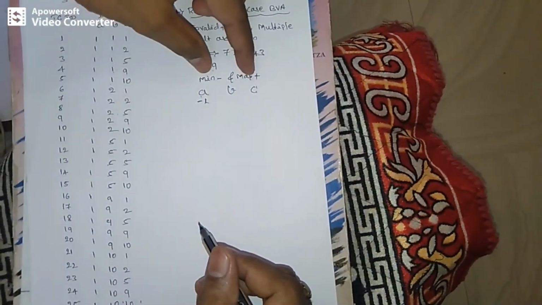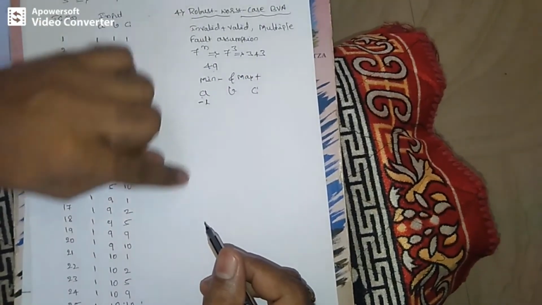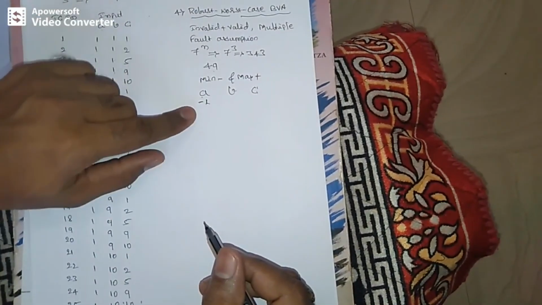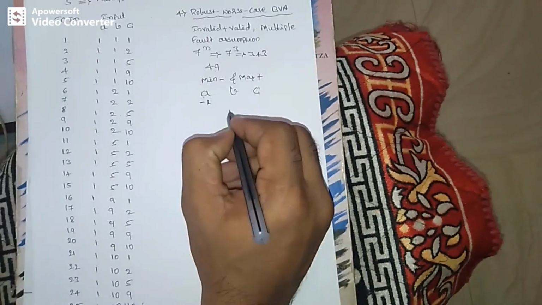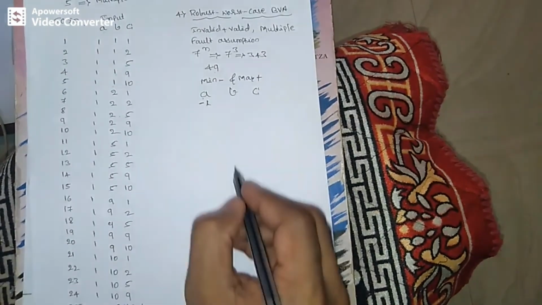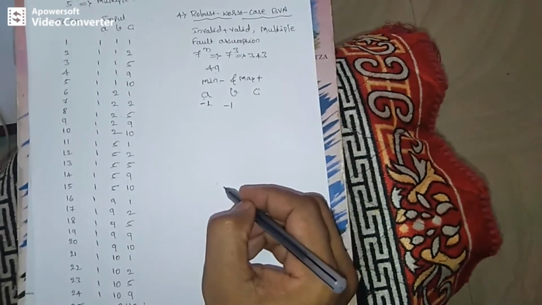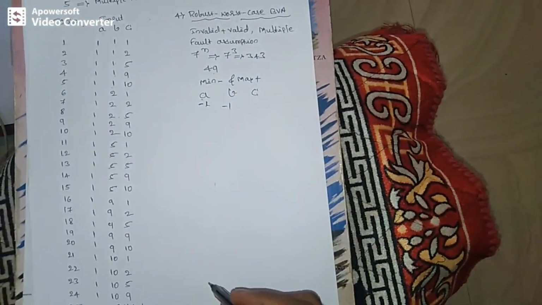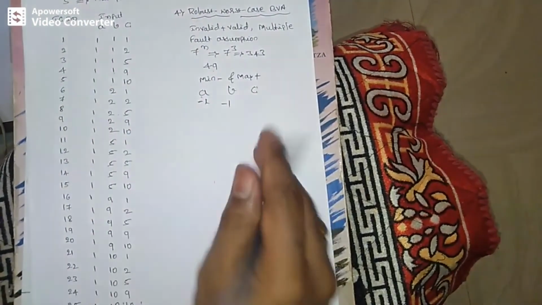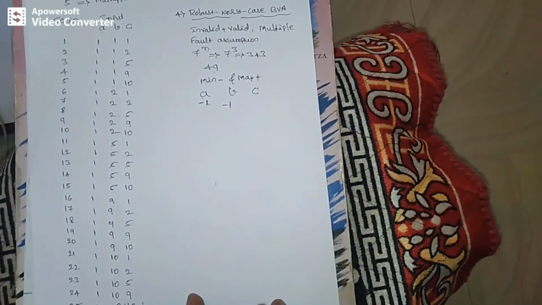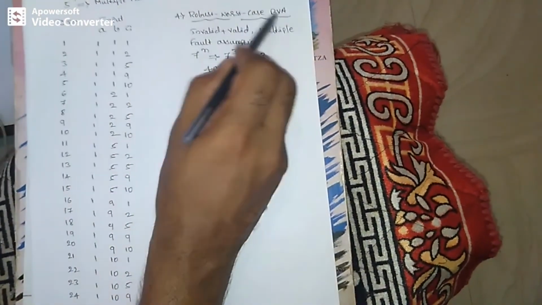Total 7 values you are going to get, 7 times, so you have to write A value will be minimum minus, and these two values will keep on changing with respect to 7 times, minimum minus 7 times, then B value will become minimum 7 times, then B value will become 7 times. So in that order you have to write all the remaining test cases under the robust worst case boundary value analysis method. Thank you.